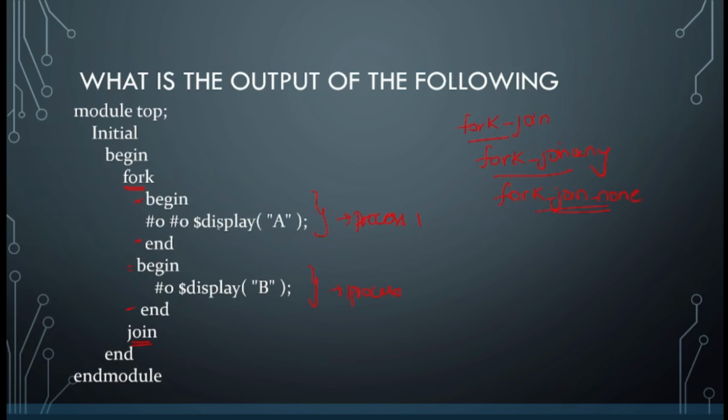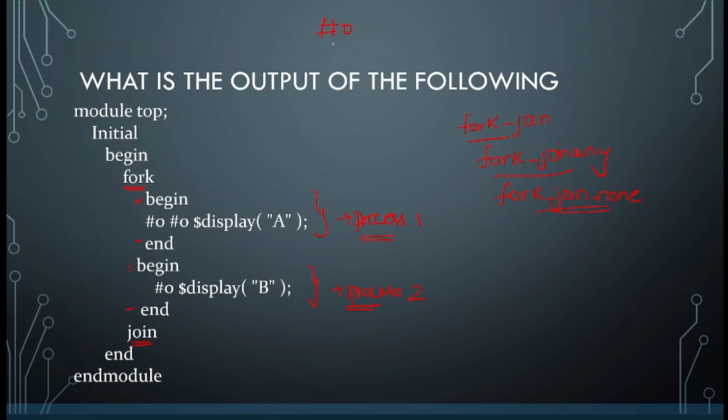If you see here, all these processes will be starting at 0 time. Even if you have 10 processes within your fork and join, all the processes will start at 0 time. Based on the delays and values that you are using, they will be exiting that particular fork and join group. Now, this is somewhat interesting compared to the others, because here the delay is given but it is not given. Why? Because basically it is given as